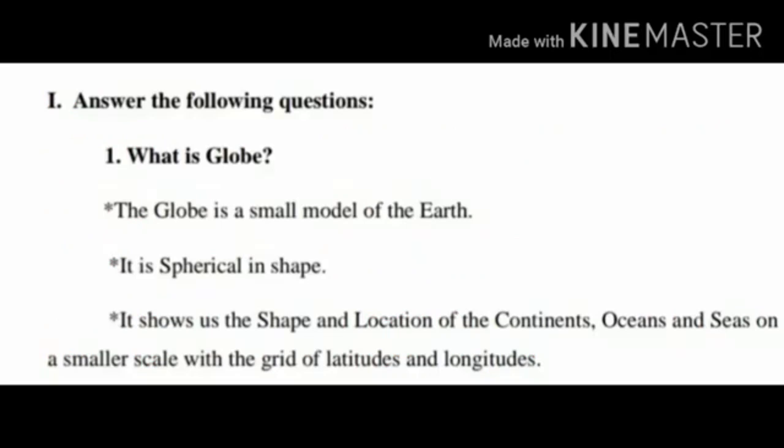First question, what is globe? Yes, the globe is a small model of the earth. It is spherical in shape.